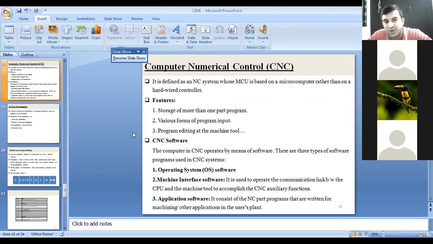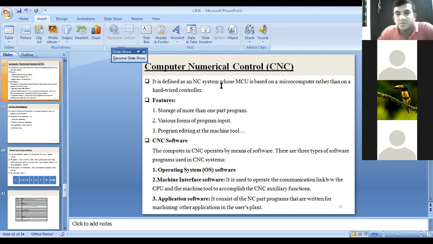Numerical control. Now after that, what we study in numerical control means the movement of the machine tool expressed in the form of a program. The program contains alphanumerical data, right? Now in numerical machines, we have three components. One is the program, another is the MCU, and the third is the processing unit or machine.